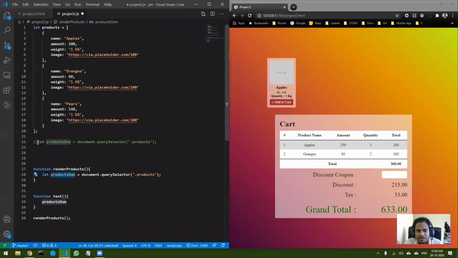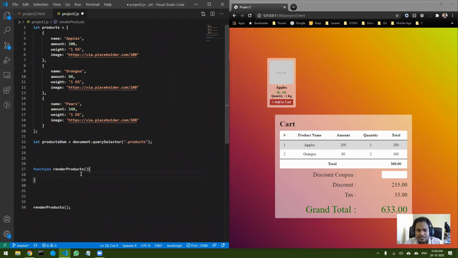But if you define it in the global scope, over here, then you can access it anywhere. That is because you have defined it globally. That is the advantage of putting it over here. Now how do you decide where to put a variable? That completely depends on whether you are going to use this particular variable in any other function or not. If you are going to use it, it's better you declare it in the global scope. So I have declared it in the global scope.